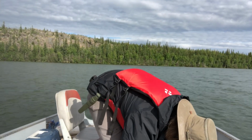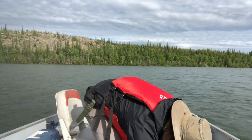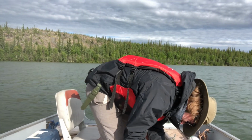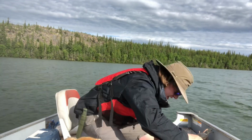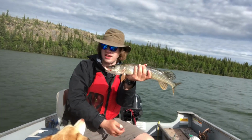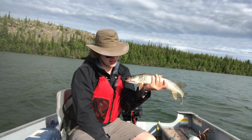Lola, don't eat him. This guy actually would be a, get out here, horsefly. Oh, he's got the net stuck in his teeth. Look at that. Great little pike. Woo! Perfect. This guy actually really is a great eating size, but